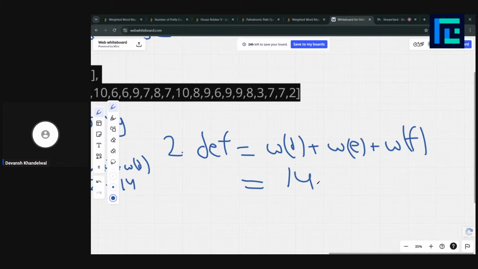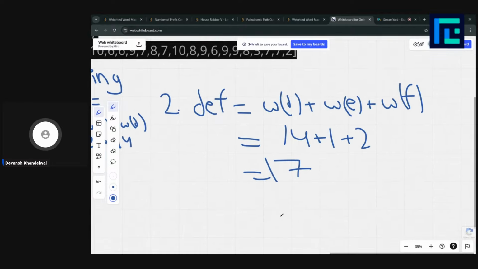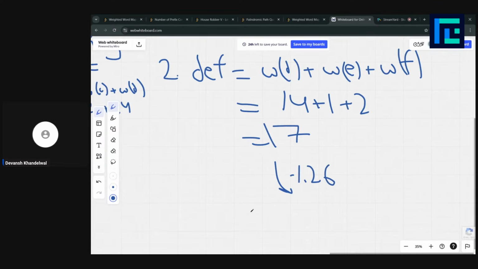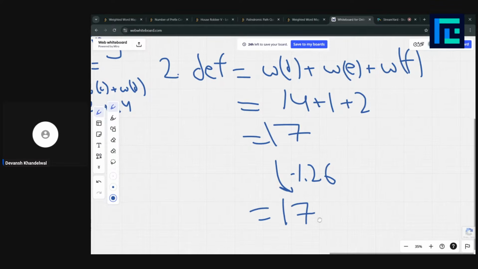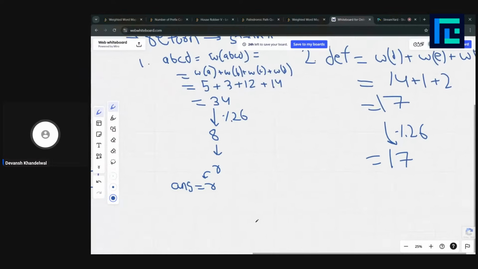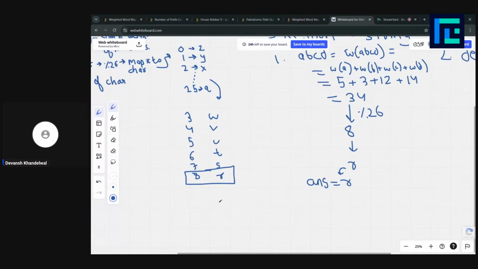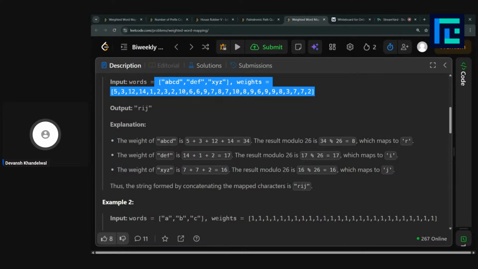So we have 14 plus 1 plus 2, which would be 17. And what is 17 modulo 26? It's 17 itself. So we are going to map it with the 17th character that we get. And the 17th character is I.